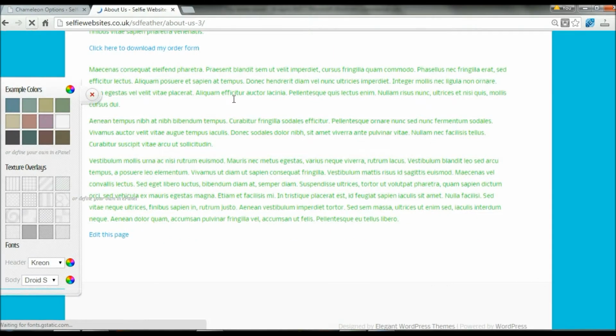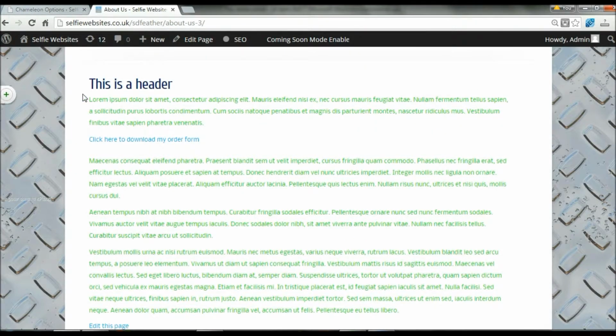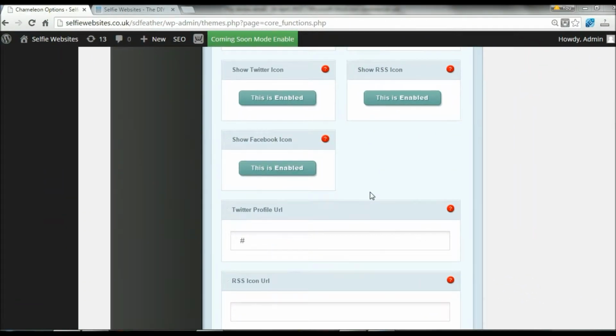And let's just refresh our screen. It's a very subtle change, but you can see the style has changed for the body font itself. So that's how we can change things like the headers and the body font styles and colours on your web pages and posts. Now if you have a Facebook page or a Twitter page, you can enable the icons on